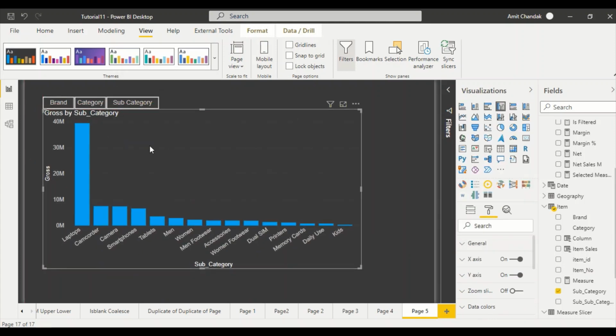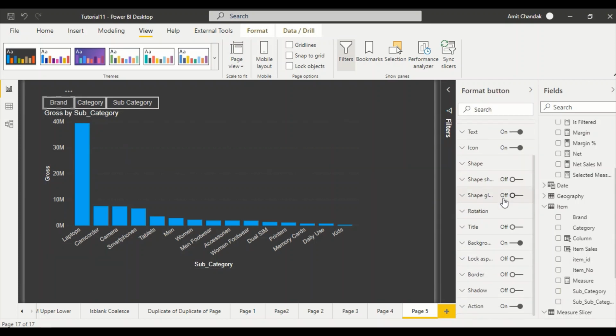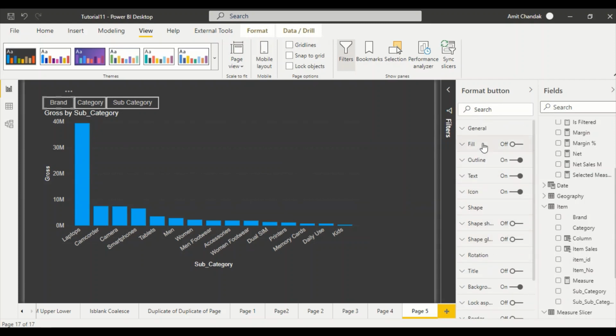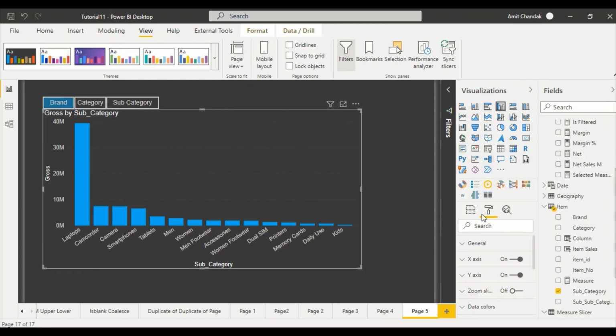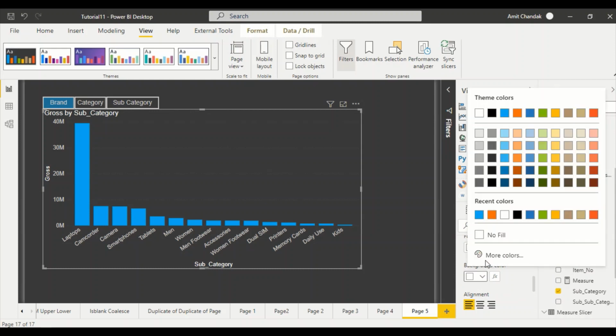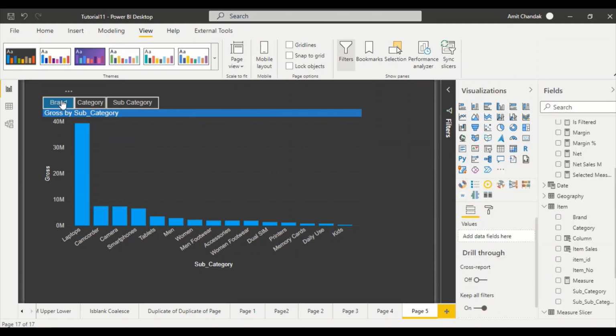Now I can change the coloring, and based on that I can create that kind of impression. I'll tell you a little tip here. So this is my brand button. I go here, and in the brand button we say fill, and let's say this is the blue color. Then in the title we make the background color also this one. Okay, it's not the same as that one, but it looks very similar. Then we can remove the boundaries of this one if required.